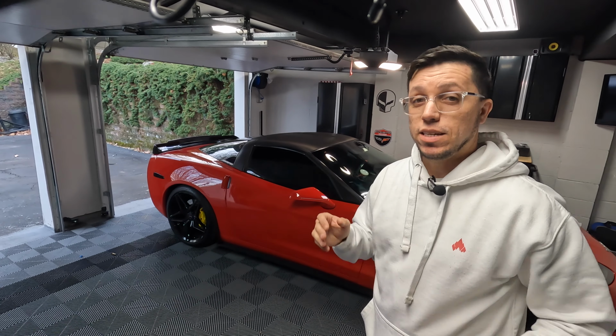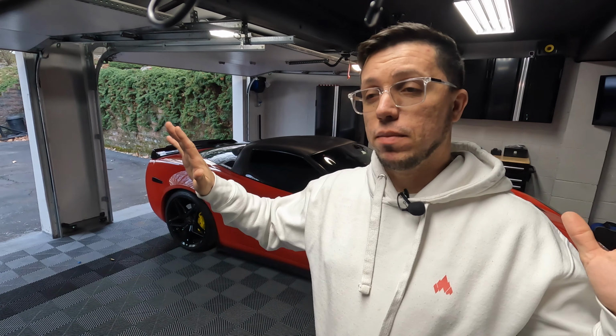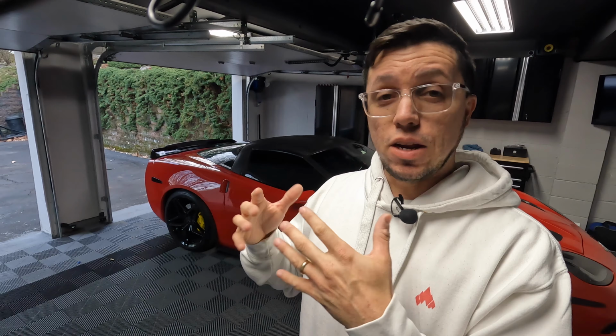As you guys know, I have a C6 Corvette. It's cammed. So I have a straight pipe, no cats, all the way to the back with a Borla Attack as my axle back. When I started doing my research on what you can do for exhaust,